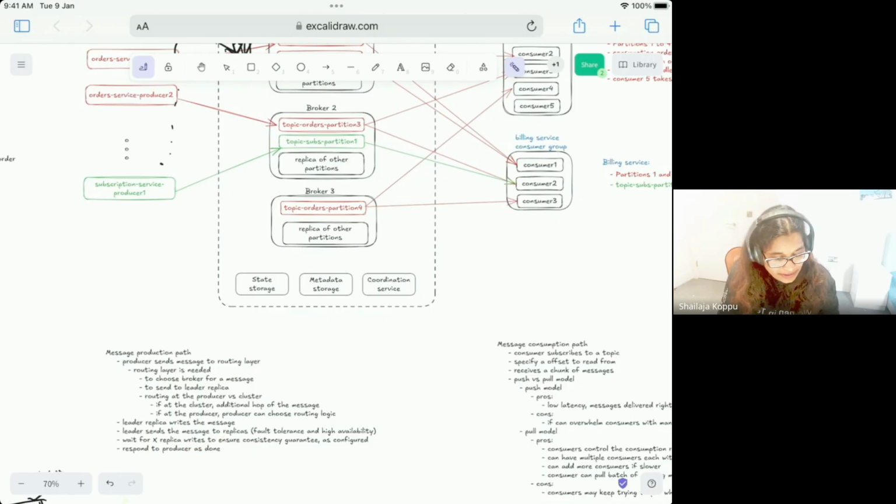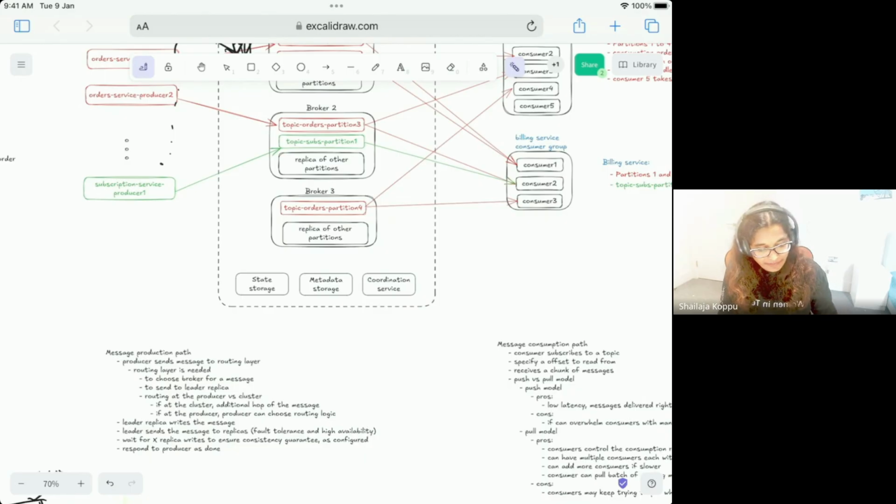Now, when a message arrives at the broker, it falls into one of the partitions based on the partitioning key, and the consumers can read from the partitions. There can be multiple consumer groups for one topic, and consumer groups are like different services. Let's say order fulfilling service, or it could be accounting service, and so on.